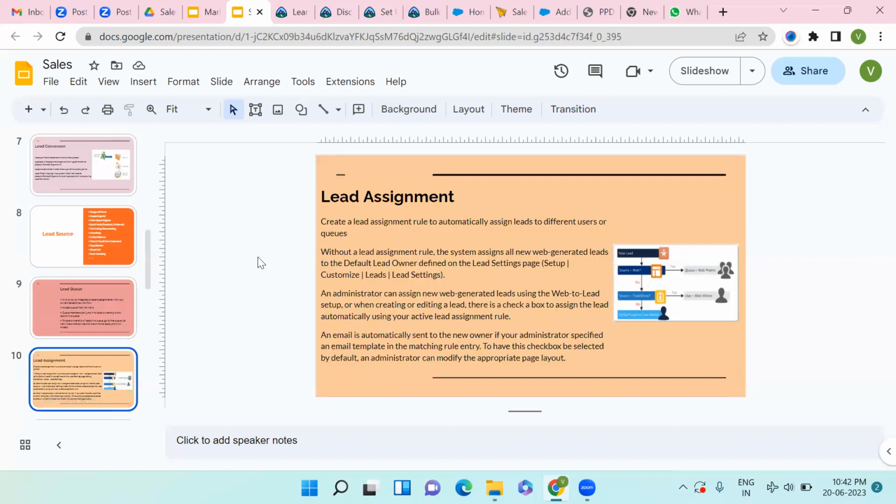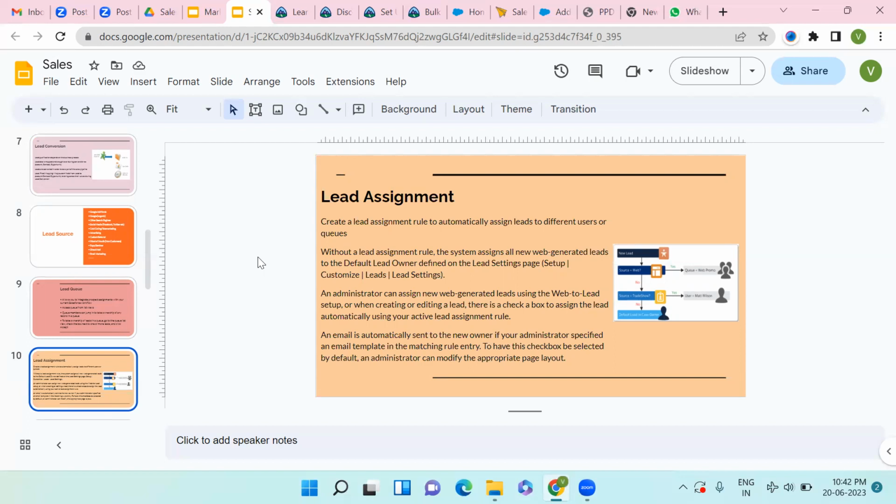Okay, lead assignment. Now, I said in the lead queue that a lead can be assigned to a particular record owner, or to the queue. So lead assignment works here. Now, how will you do that? If you are manually creating a lead by entering the values in the pop-up, then the owner will be you by default. Whoever creates a lead manually, the owner will be the creator.